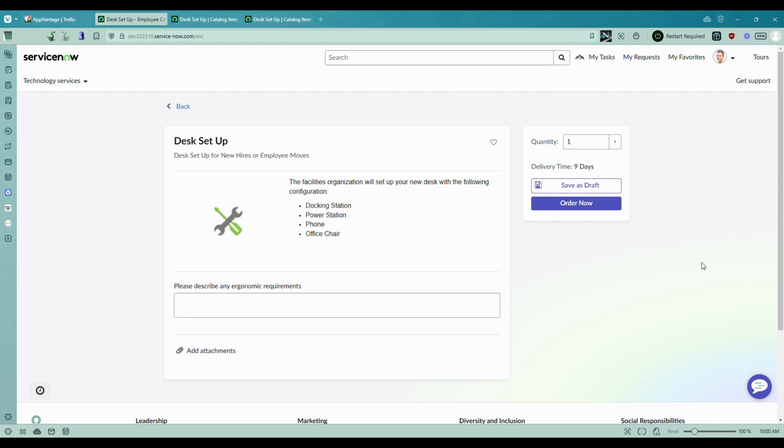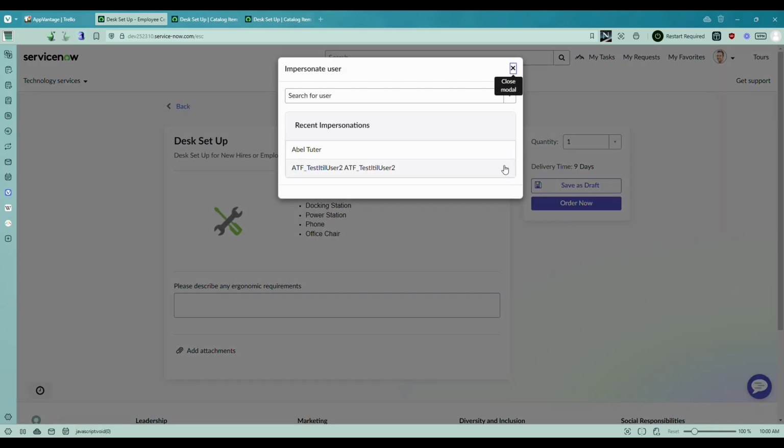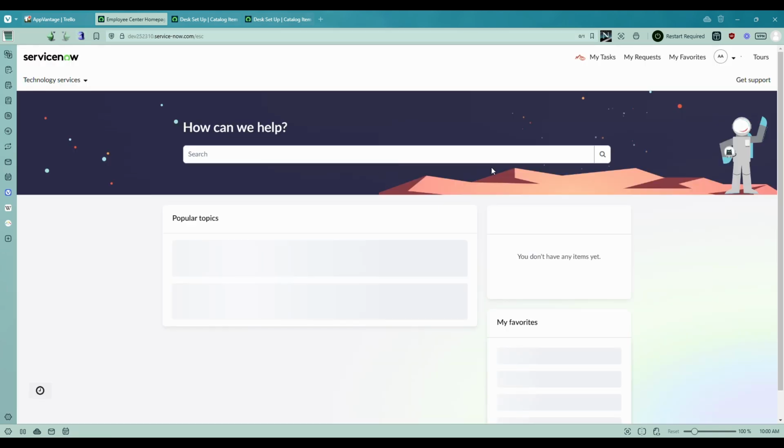So it used to be that you could only impersonate from the back end. And then once you're impersonating in the back end, you can view the front end. Recently, they did add the ability to impersonate from the front end, right? However, impersonating from the front end is a little frustrating because when you impersonate from the front end, out of the box ServiceNow, you click on the little face, you hit impersonate, you pick your user,